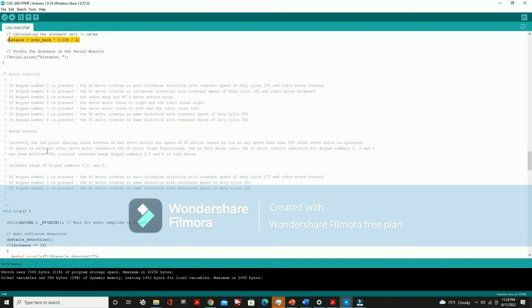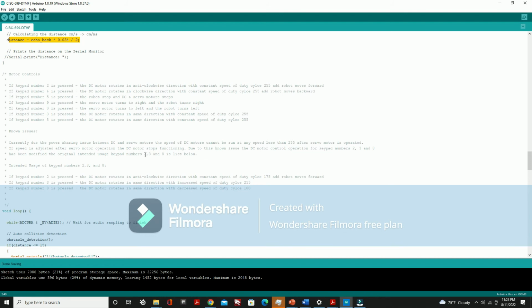The known issue I have is the power sharing issue between the DC motor and the servo motor. The speed of the motors cannot be run at any speed less than 255 duty cycle, because if I operate the servo motor and try to reduce the speed of the DC motor, it actually stops. Better than stopping, I have